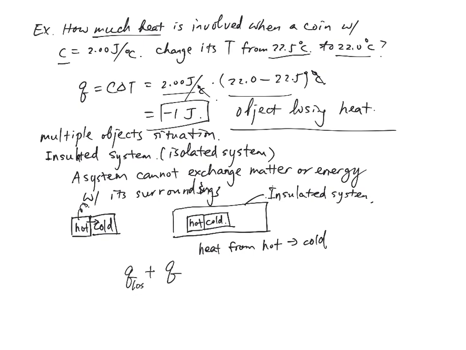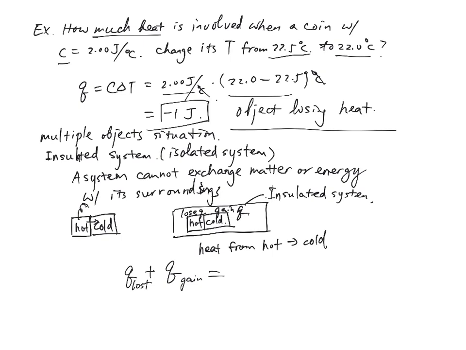We call it Q lost and Q gain. Now, you only need to consider these two objects, the hot object and the cold object. So for the hot object, it's going to lose heat. For the cold object, it's going to gain heat. Okay, and because energy is